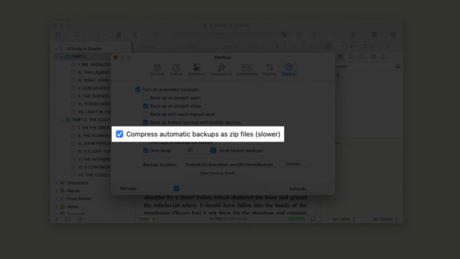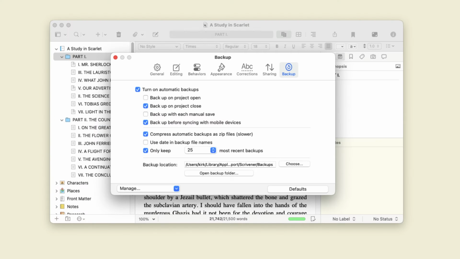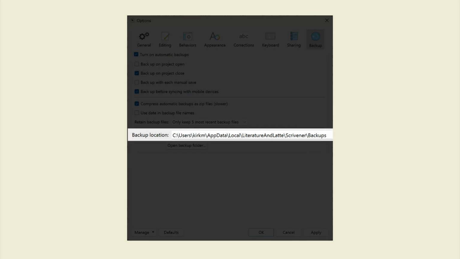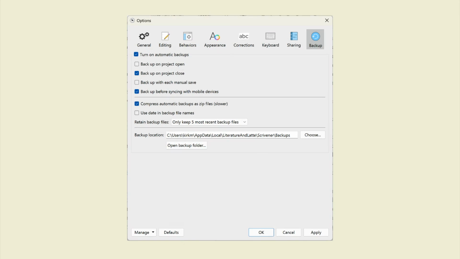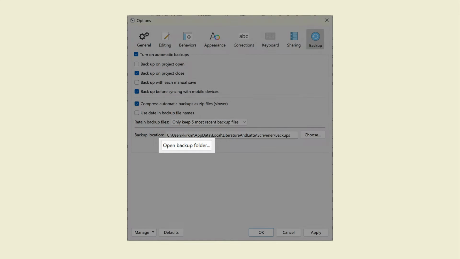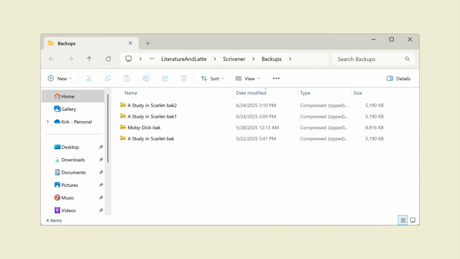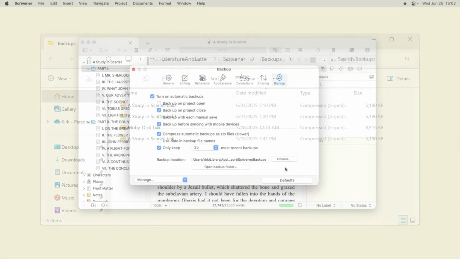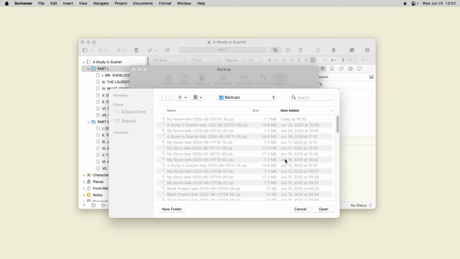It's a good idea to have Scrivener compress the backups in zip files. This takes up less space, especially if you have a lot of research in your projects. These settings or options show the location of the default backup folder. You can click Open Backup Folder to see the contents of that folder on your computer. You can click Choose to select a different backup folder. You might want to do this if you have an external drive connected to your computer and want to back